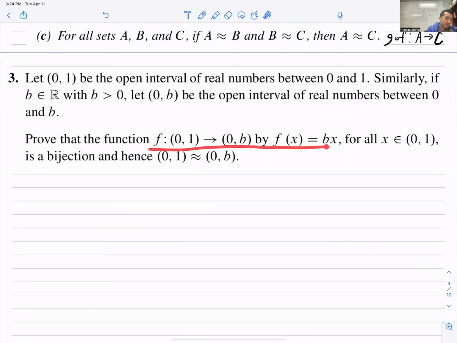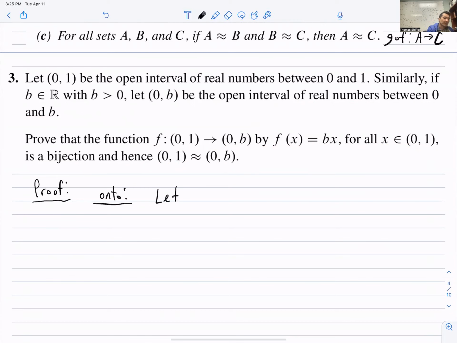Prove that the function that sends f of x to b x for all x in (0, 1) is a bijection, and hence the open interval (0, 1) is equivalent to any open interval of the form (0, b), where b is any number. It could be a bajillion, right? But this function is a bijection. So here's the proof. Again, I'm just going to give a sketch of it, but it's not too hard. The onto,